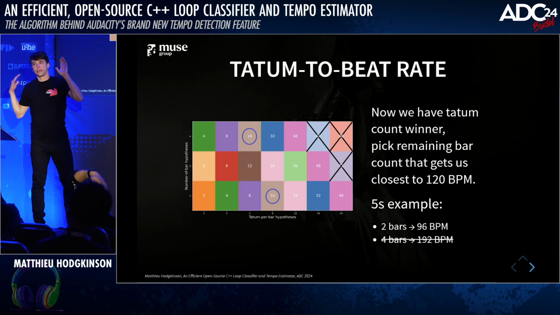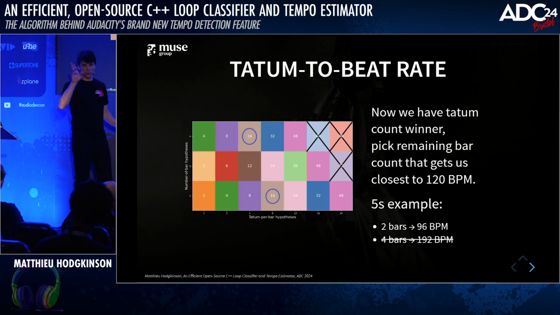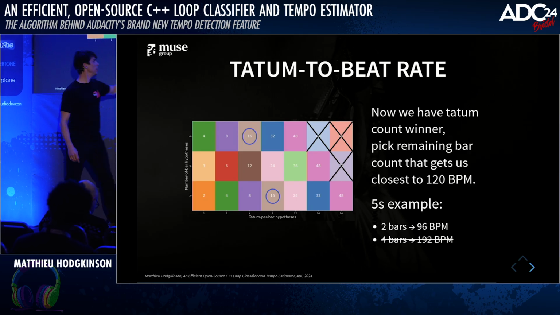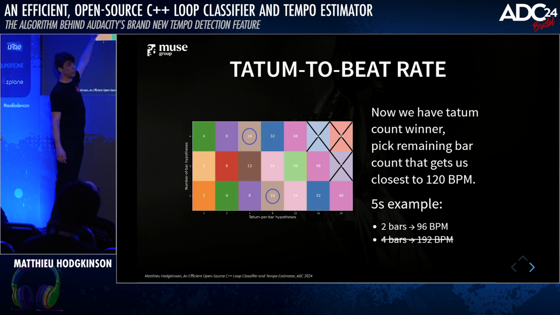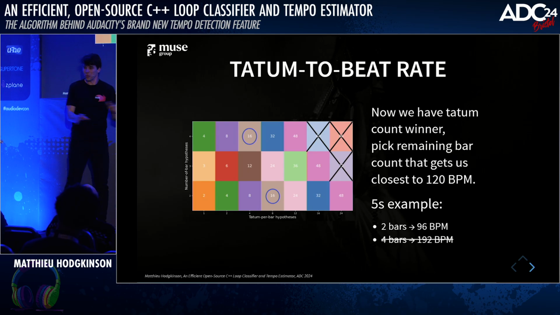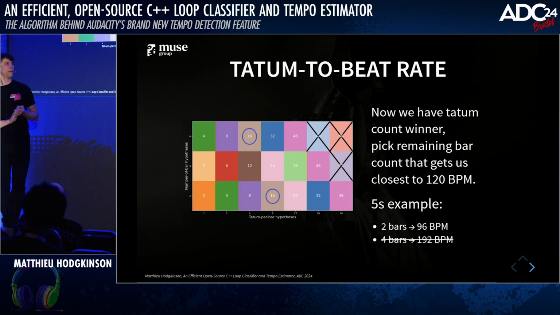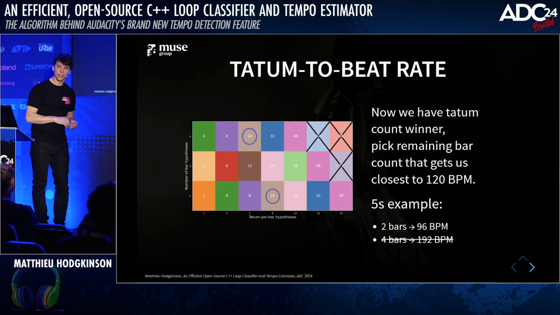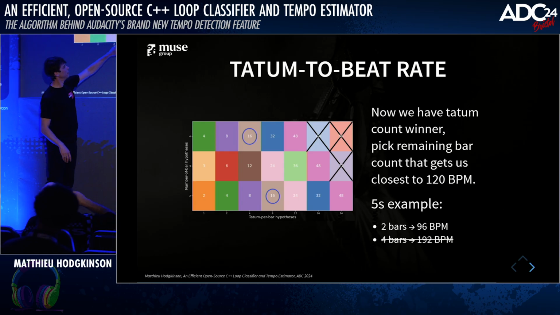You may think, okay, I could have done that. Yeah, I know. But there are 2 things. First, the Tatum quantization fit has already eliminated one of the candidates, right? We're not going to evaluate the implied BPM of 3 bars because we know the rhythm doesn't fit this. So we've already reduced the final candidates. And second, it's actually not in the algorithm yet, but while I prepared this presentation, I realized